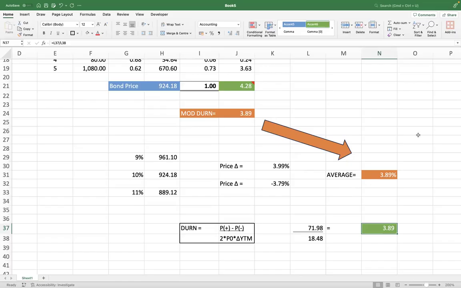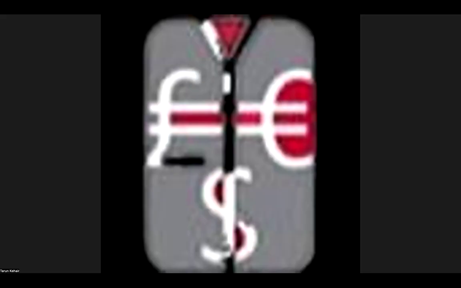See, what happens is, because the rise is always greater than the fall, the relationship between the bond yield and bond prices is convex. So if you take the average, that approximates to the modified duration estimate. Is it clear, everyone? Okay, so that explains duration. Thank you. So what I will do